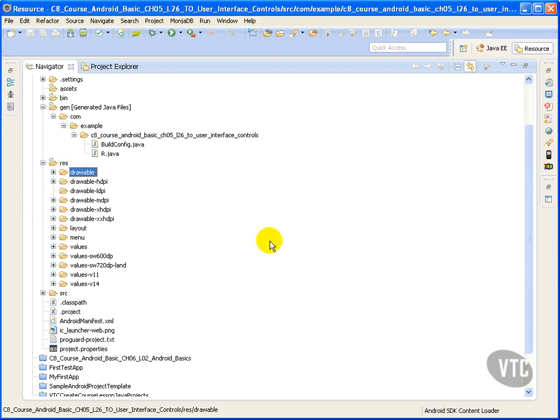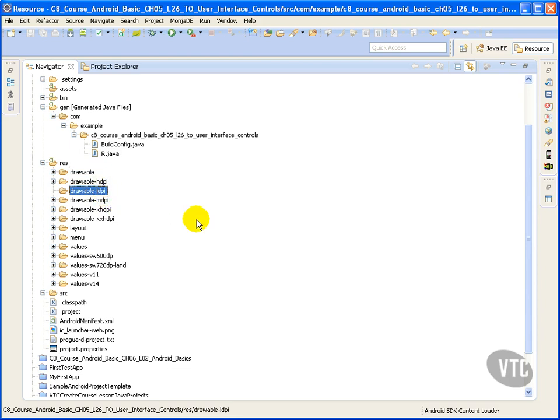One of these is drawable. Here we keep image files like PNG, JPG, GIF, or XML files that are compiled into bitmaps, state lists, shapes, animation drawables. They are saved in the res drawable and accessed from the R.drawable class. And to ensure that your bitmaps look their best, we include alternative versions at different resolutions for different screen densities. The configuration qualifiers you can use for density-specific resources are